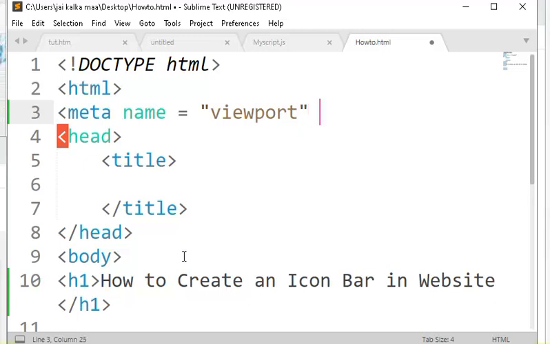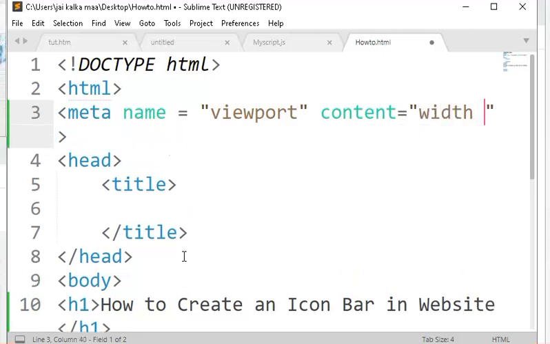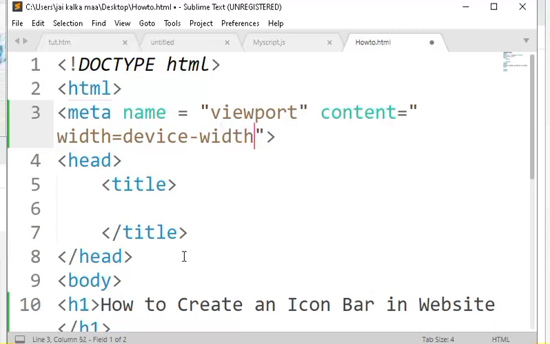After that write content, and in the content you have to set width equal to device width, so it will change its width according to the device width. And we'll keep the initial scale of our website as 1, that is, 100%.